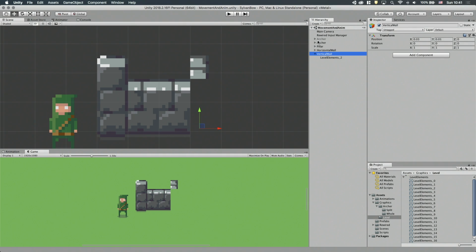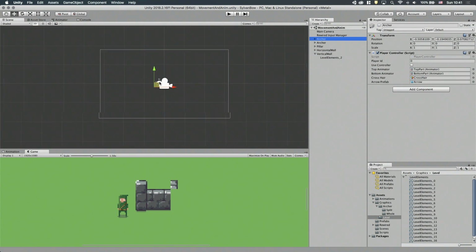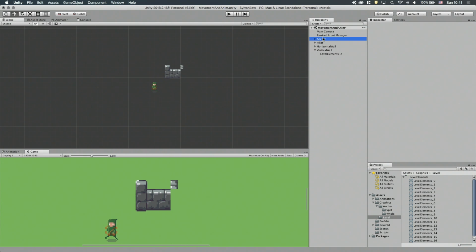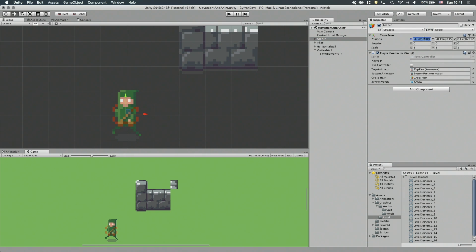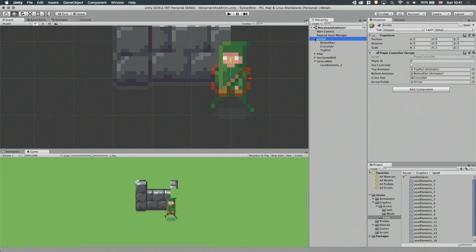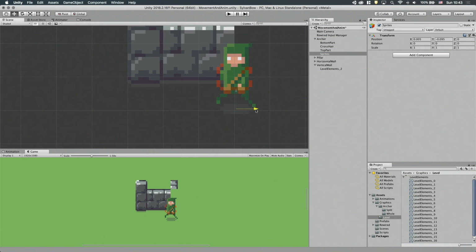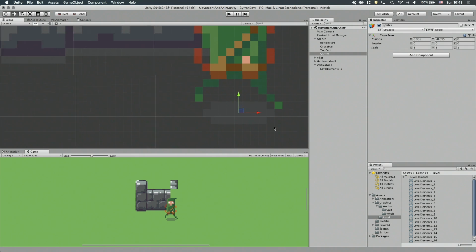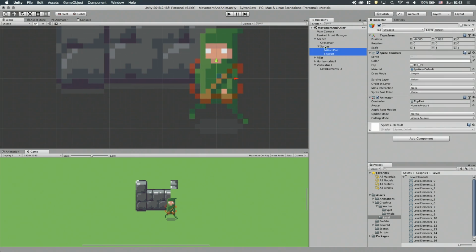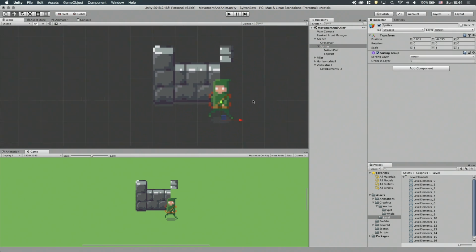There's one last thing we need to fix before we are done with the whole sorting thing. We have to change the original Archer so its pivot is also at the bottom of the sprites. Let's select the original Archer game object, enable it, and delete the dummy one. We need to reset its position, create a new empty game object to act as a pivot, and move it down to the correct position. Now we can move the two sprites into it. And don't forget to add a sorting group component as well.